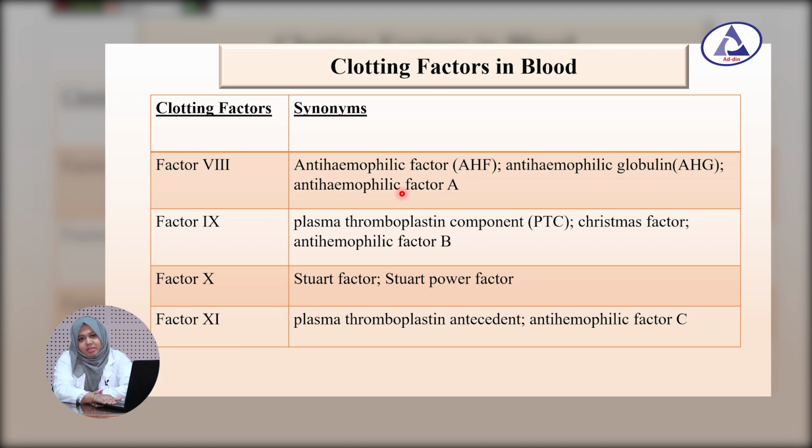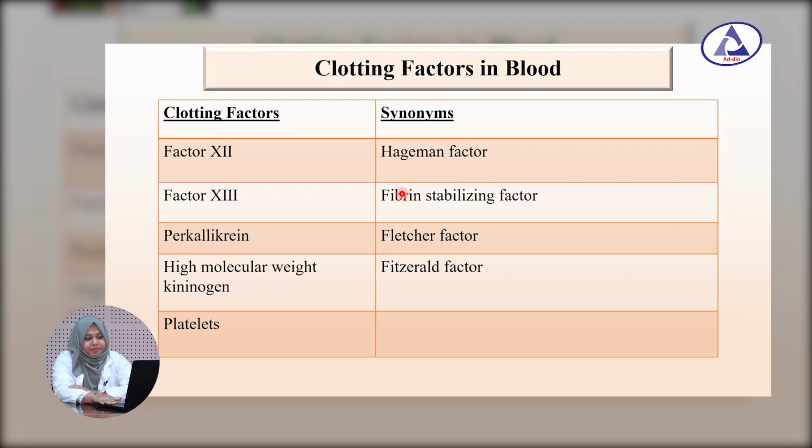And you should know that due to deficiency of these two factors, hemophilia A and B occurs. Then factor 10 is known as the Stewart factor. Factor 11 is known as the antihemophilic factor C. Then factor 12 is known as the Hageman factor. Factor 13 is known as the fibrin stabilizing factor, prekallikrein, and high molecular weight kininogen,